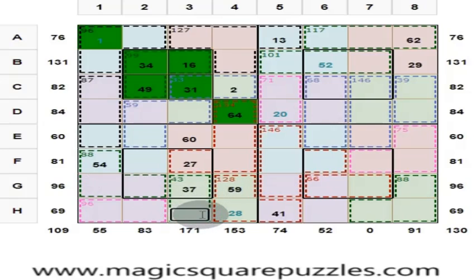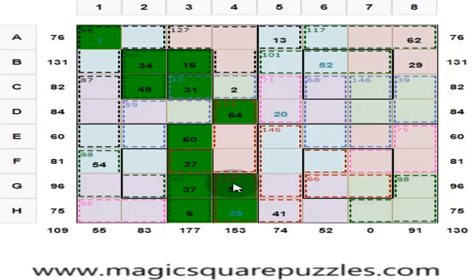Okay, what is this? These four numbers should give you 130. 60 plus 27, 87. 87 plus 37 is equal to 94, 104, 114, 124, 6. Okay, answer is right, color has changed. So what else you can find out? Can you find out this one? Yes, we can find out this one.